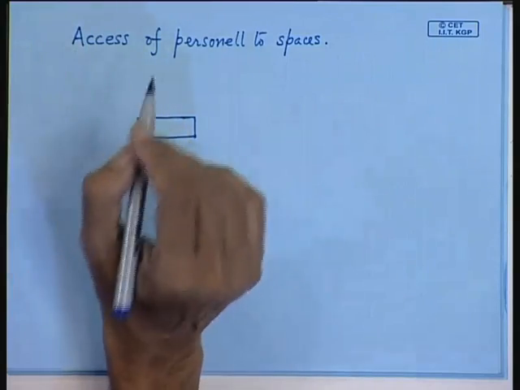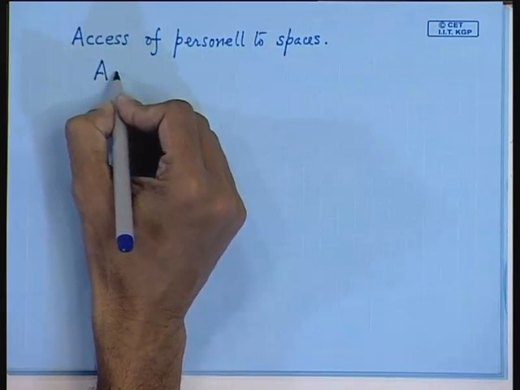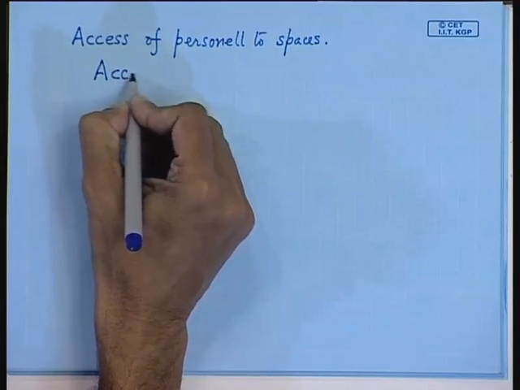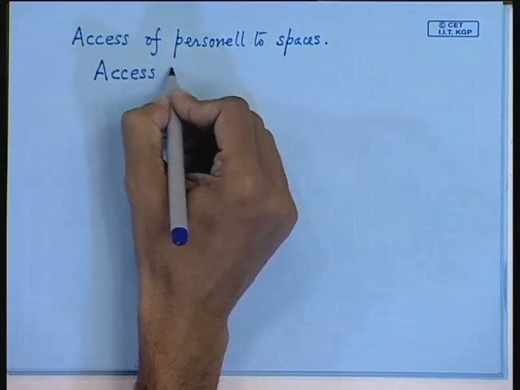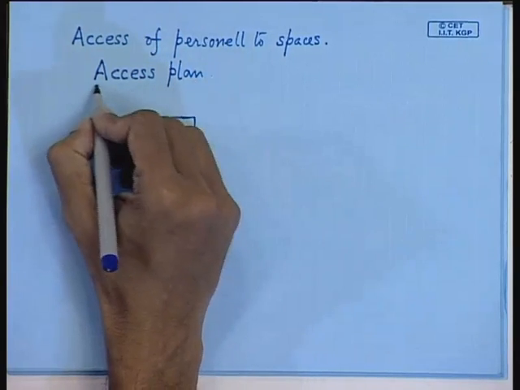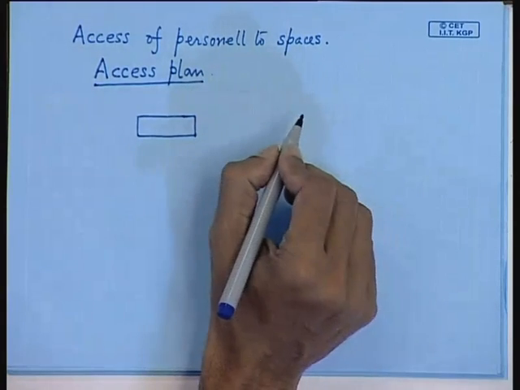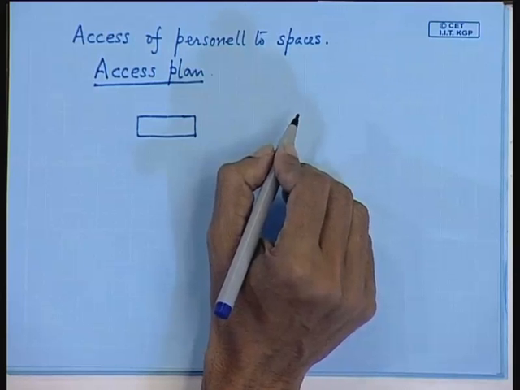So, you have to draw what is called an approved access plan. This is very important, because for the platform to become functional, you have to have a suitable access plan, and access plan is